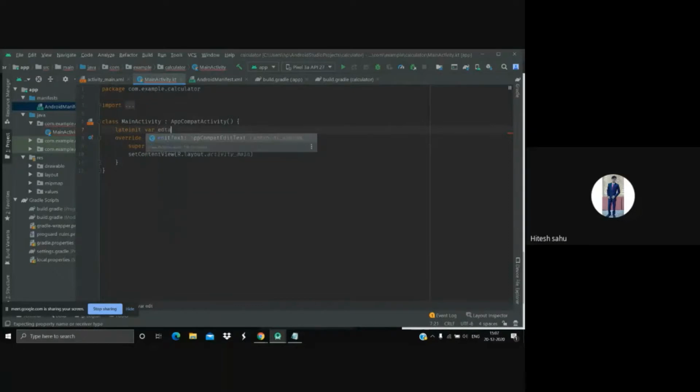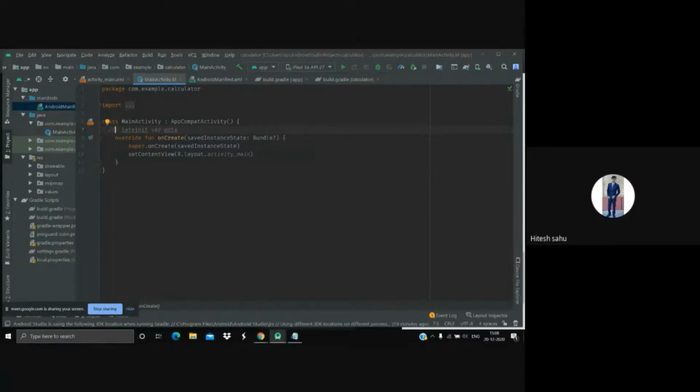Are you guys getting whatever is written here? Like there were 5 or 6 lines of pre-written code. So let me explain it. It's the basic syntax of Kotlin, similar to Java. We have a class named MainActivity, and whenever we extend a class in Java, we use the keyword extends, but in Kotlin we can just use that colon symbol. So AppCompatActivity is extended by the MainActivity class, and here is a pre-written function onCreate.